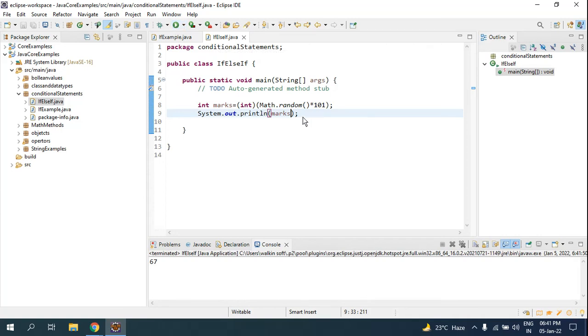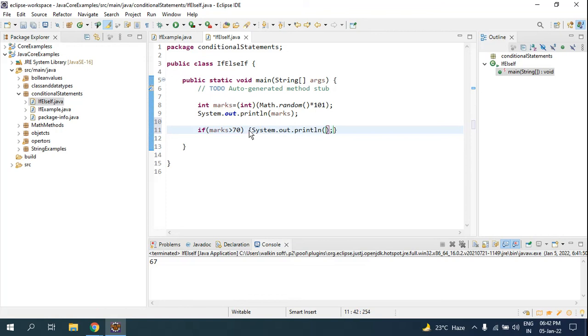Now I'll use the if else if condition. My first condition is: if marks is greater than 70, I want this statement to be printed.